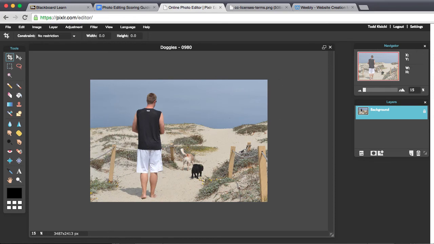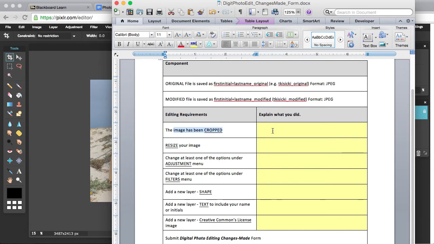Now what I want to do is go back to my digital photo editing changes made form and explain what I did. So I cropped out some of the extra space in the picture that wasn't needed,